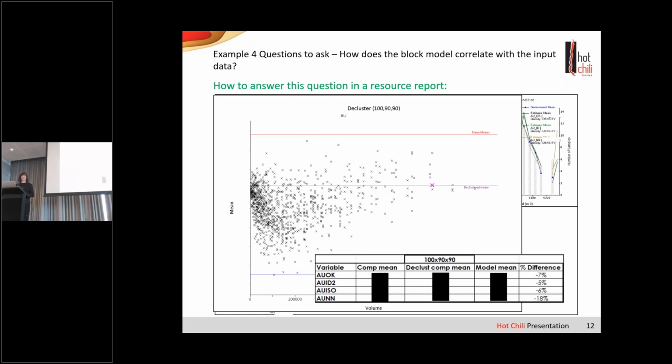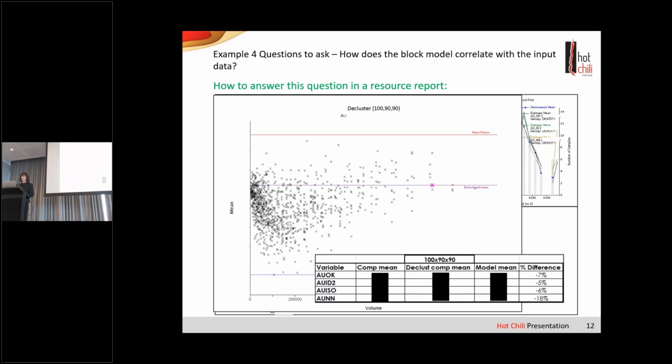And that's the other one, declustering. Everyone talks about declustering. Very rarely do we actually show a declustering graph. Particularly when you have a domain where you can visually see in the resource report that you've got mixed spacing, and then there's an assumed declustering window. You want to prove what you're using is actually reasonable.